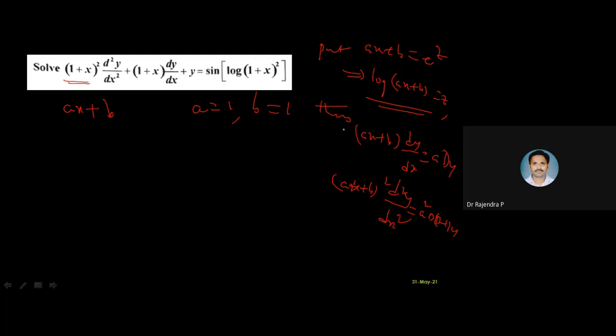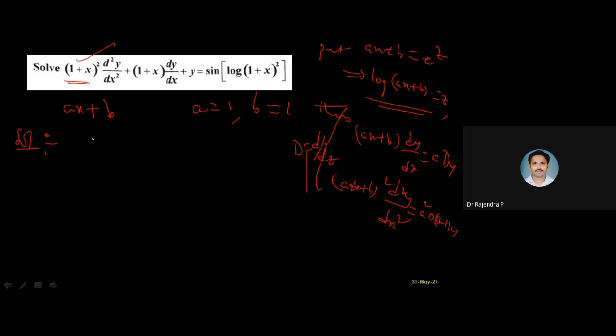So these two are enough for us because it's a second order differential equation. I told you, you never get even third order, only second order. So here, D stands for what? D stands for d by dz, because I took ax plus b as e power z. We already know that. So now what I have to do while writing your solution, please follow me carefully.